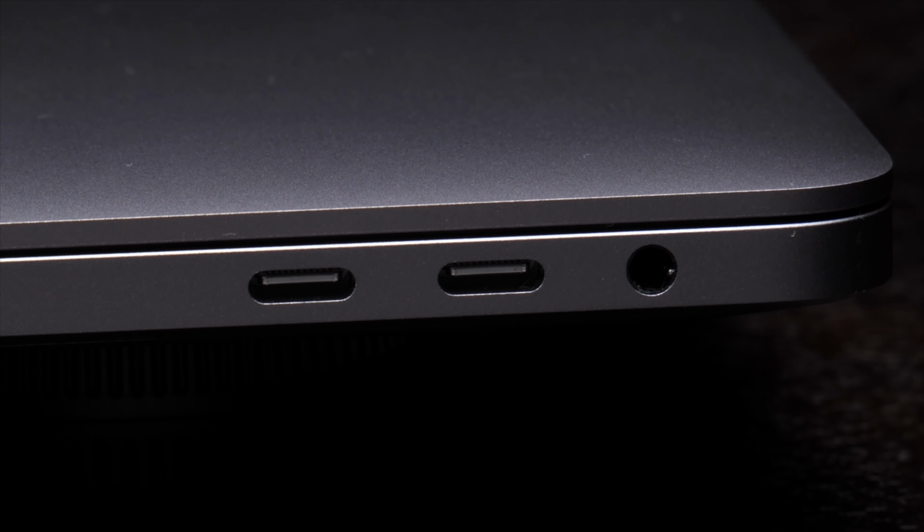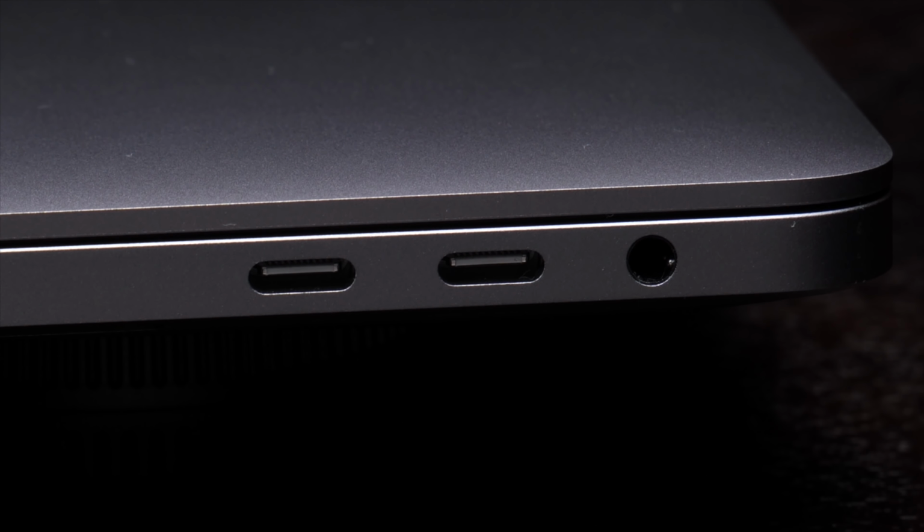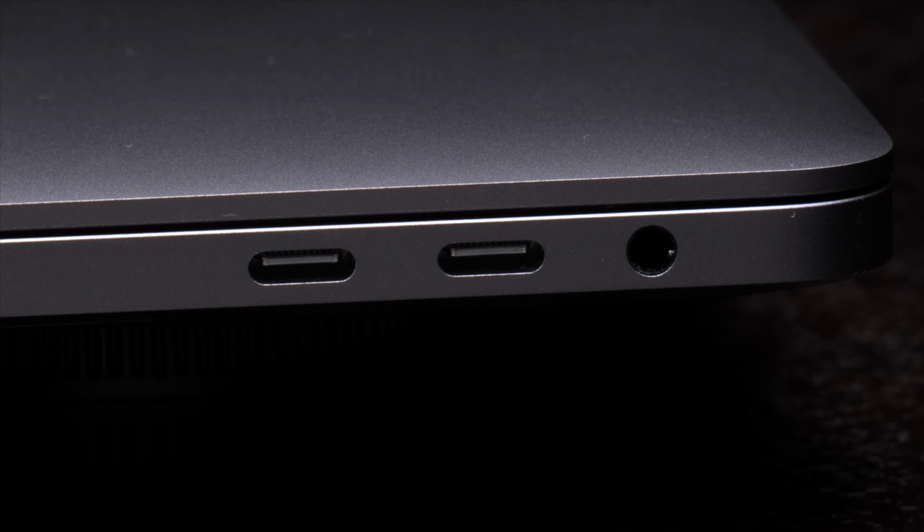Nothing in this world is free, however, so what do you have to give up to get the small size on display here? Well, if you're an Apple user, congratulations, you've already given up everything over the past few years. Everything, you've given up everything. On display here are 4 Thunderbolt 3 ports, 2 on each side, and 1 headphone jack. So yeah, if you want to get real work done here, you'll definitely need to invest in some dongles